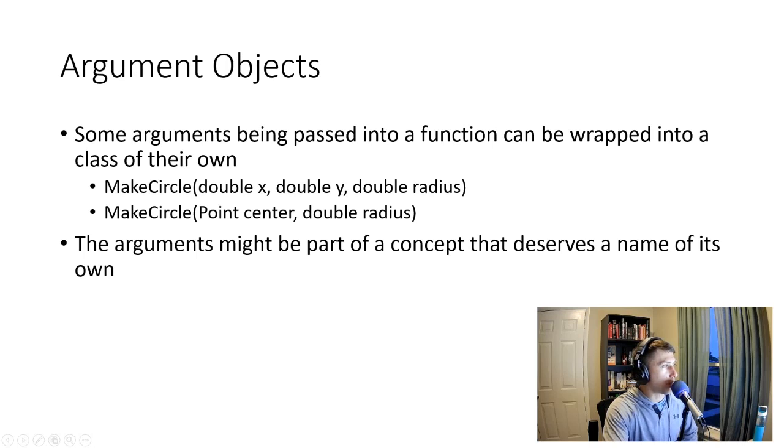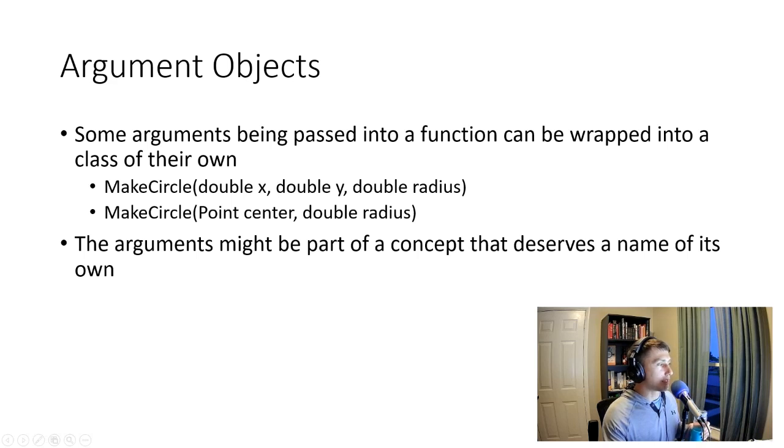So, argument objects. You can pass in arguments to a function, and they can be pretty primitive. You know, strings, ints. Strings are not primitive, but yeah, ints, doubles, floats, what have you. But sometimes you can take arguments and pull them into a class of their own. So in this case, where you have a make circle method, double x, double y, double radius,